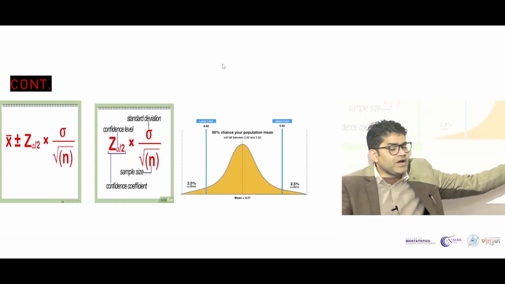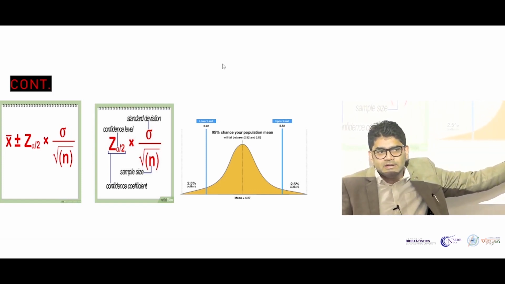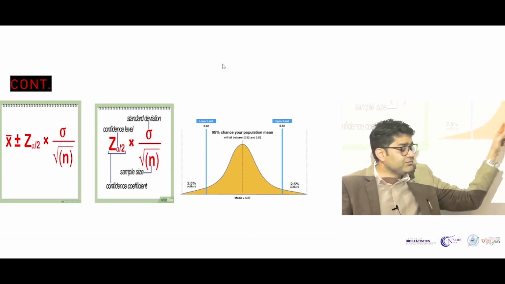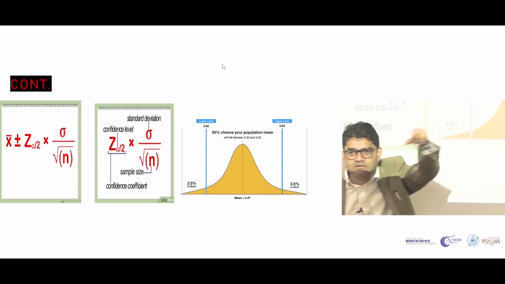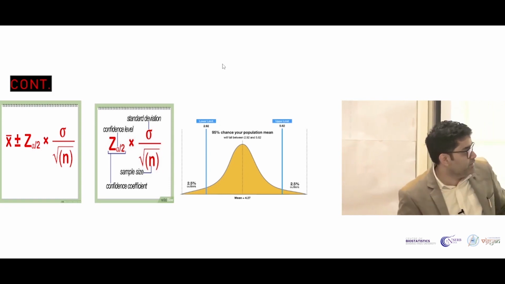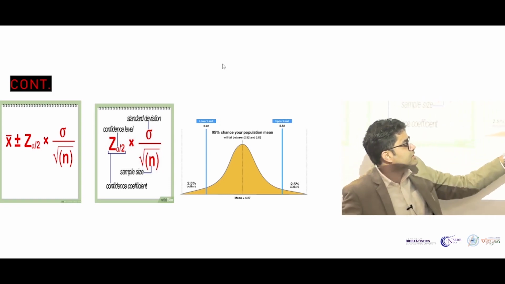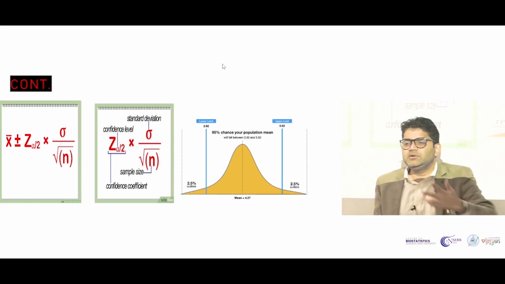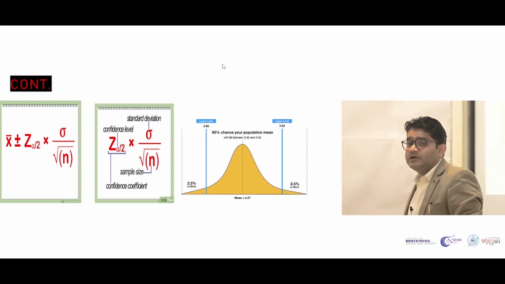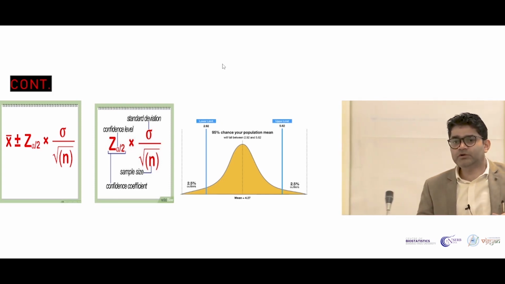That means your 5 is lying in this interval only. This interval will have that value 5. That means it is not statistically different from the mean. You are having your null value within this interval range. So by just looking at the confidence interval, you can directly tell that there is no need to go for a testing